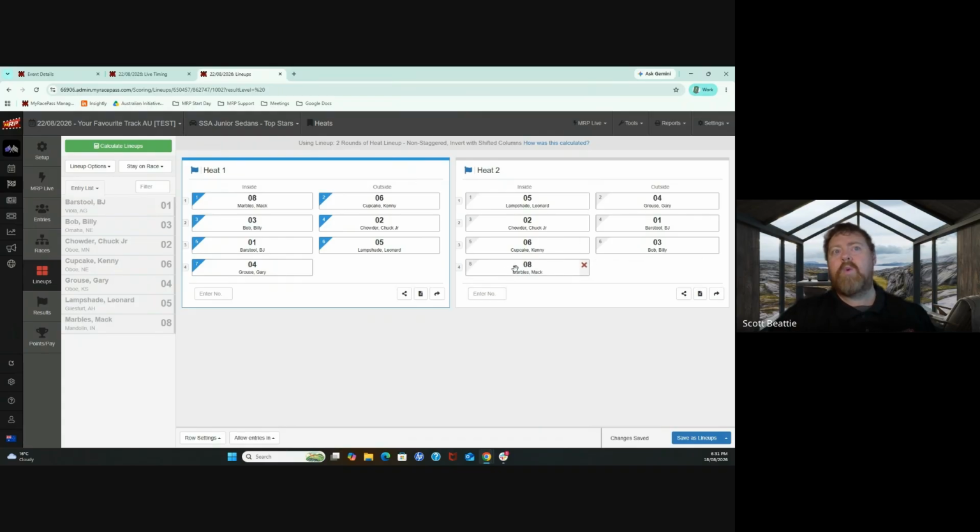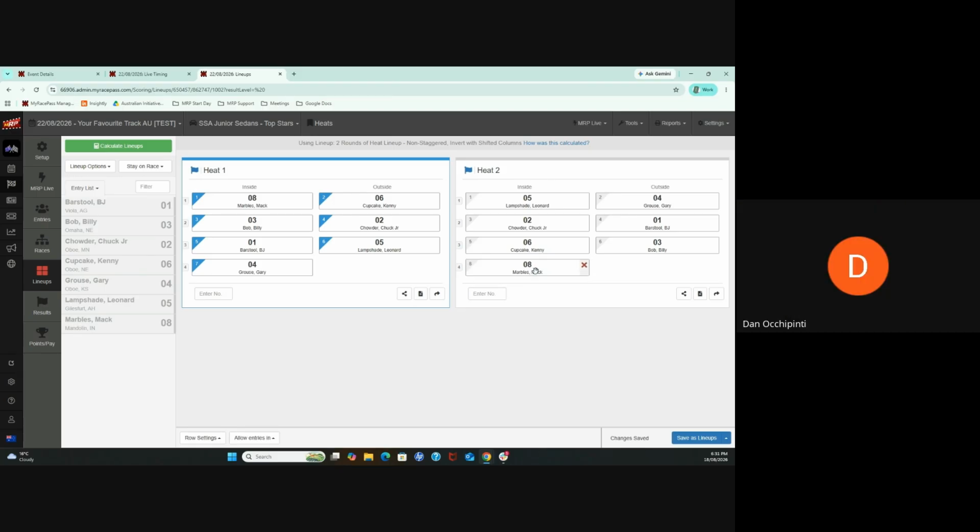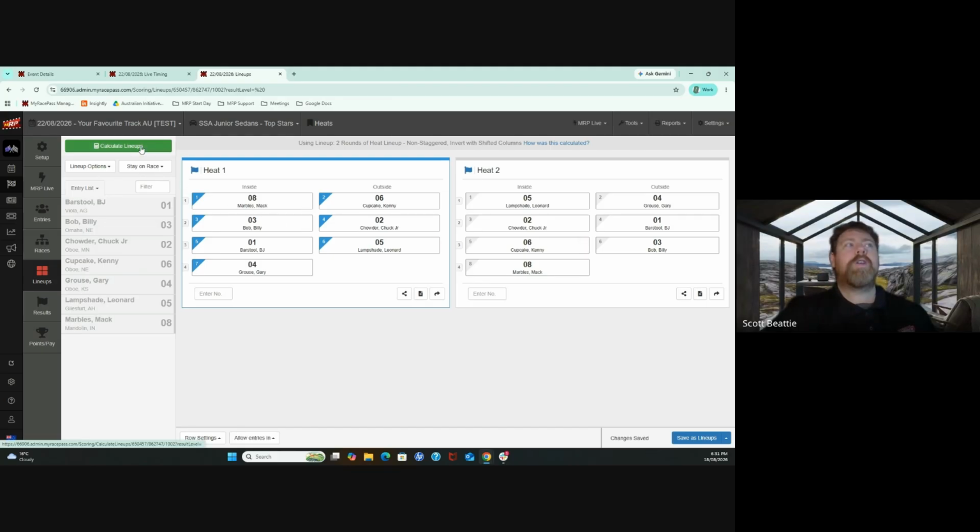This is something that we're working on because obviously in Australia, we would say that if he had an inside in that first heat, which we can see there, it would go onto the right-hand side there like that, if you imagine that's how it looks. So I'm hoping that solves that issue that you guys were talking about. You just got to make sure. Did you make that, because we didn't have that one, did we? Invert was shifted forward. It wasn't originally in there as in like a year ago, but we did add it